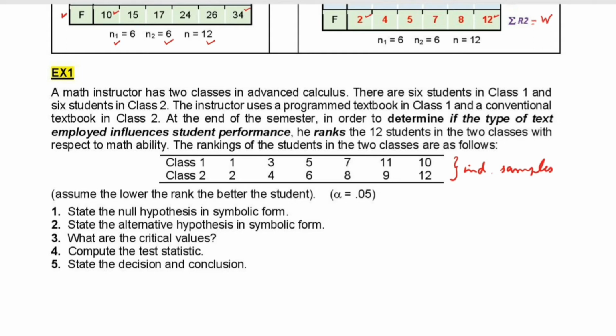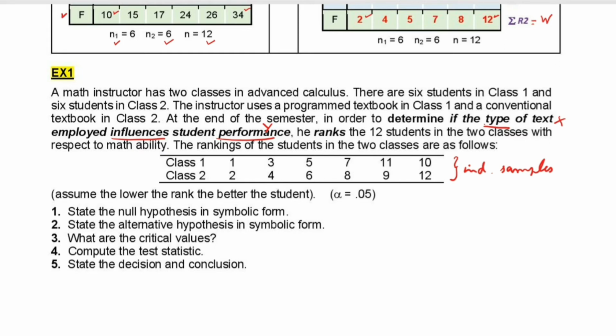Type of text is one variable. We write X because X influences, X affects performance Y. Y depends on X, X affects Y. This way of viewing